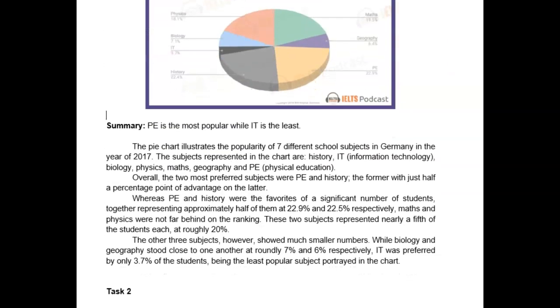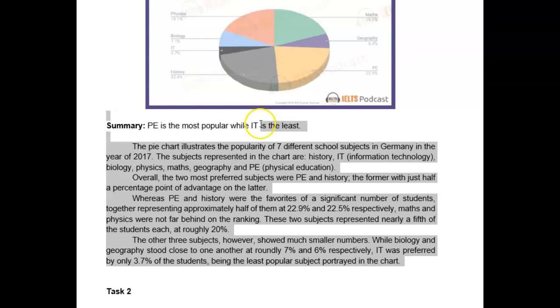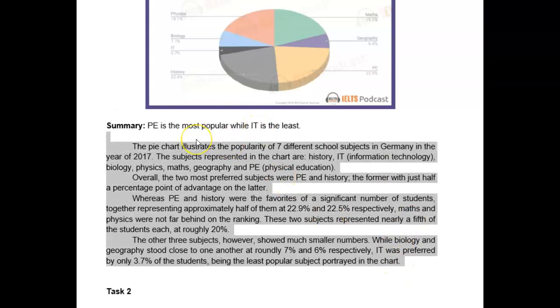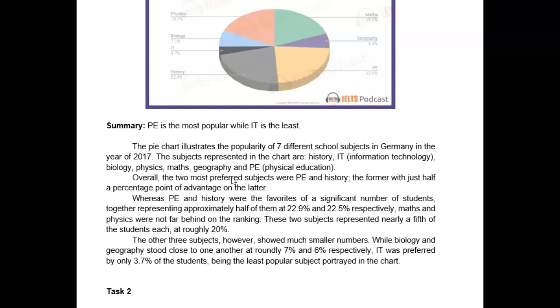Here's what you wrote. The pie chart illustrates the popularity of 7 different school subjects in Germany in the year of 2017. Wait, I just want to make sure. Okay. The subjects represented in the chart are history, IT, biology, physics, maths. Okay. Overall, the 2 most preferred subjects were PE and history, the former with just half a percentage point of